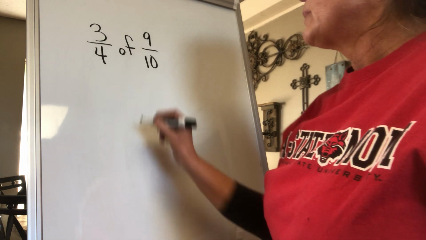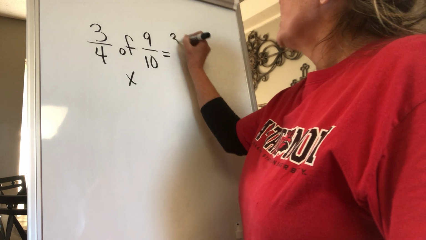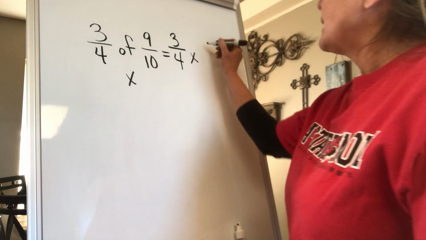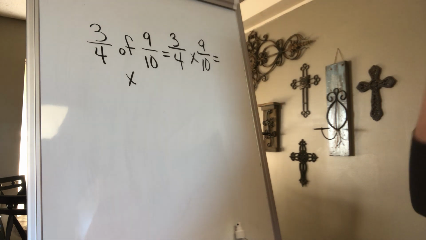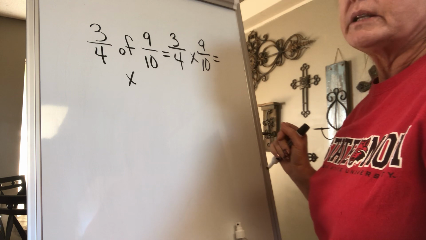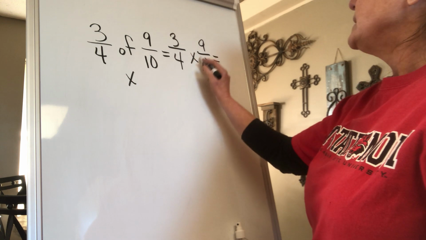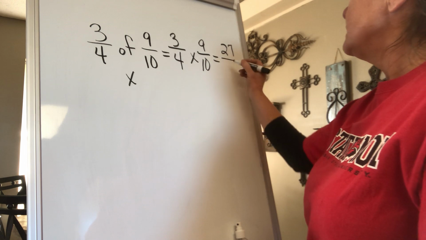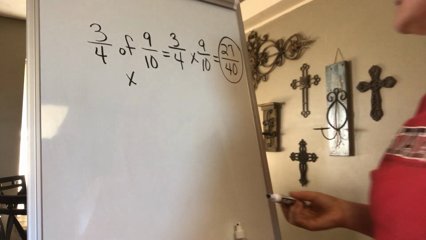And we know that of in math is multiply. So if I had 3/4 of, which we say is multiply in math, 9/10. Now I'm multiplying fractions, and again I say multiplying because we're not flipping anything because we didn't start off dividing fractions. So we would just multiply straight across. We would have 3 times 9 is 27. 4 times 10 is 40. So Mai ran 27/40